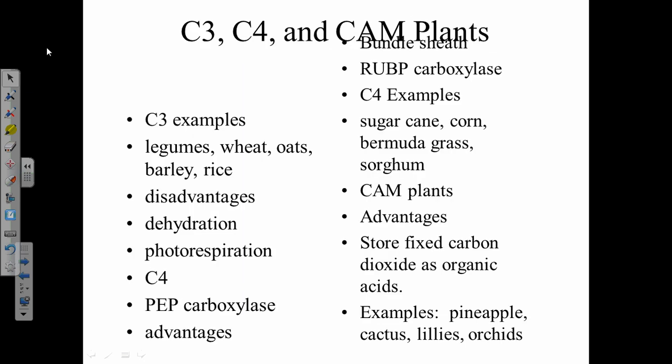C4 plants are plants that are better at living in dry places, like sugarcane, corn, Bermuda grass, sorghum. Their big advantage, their big adaptation, is they have a different enzyme. It's called PEP carboxylase. That's out in the middle of the leaf. It has no attraction for what? For oxygen. So they can close their stomates, keep them closed for a long, long time, still fix carbon. But once it gets fixed,